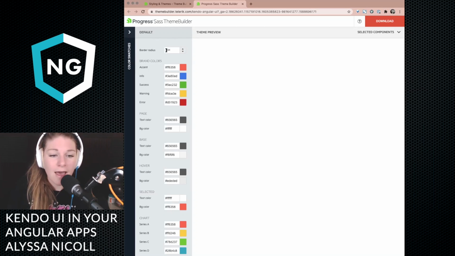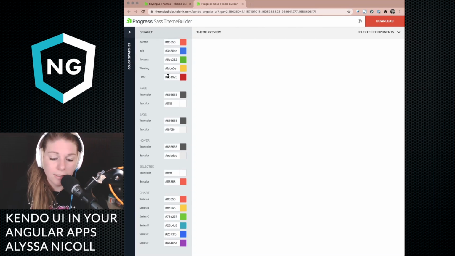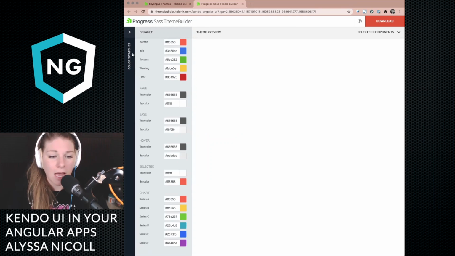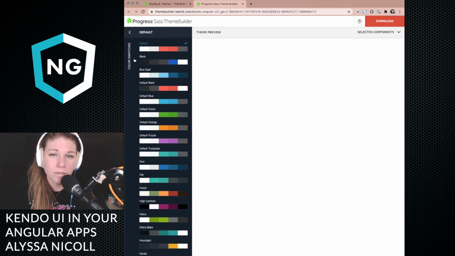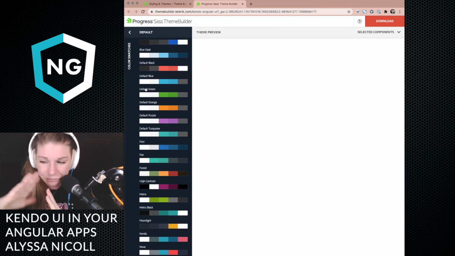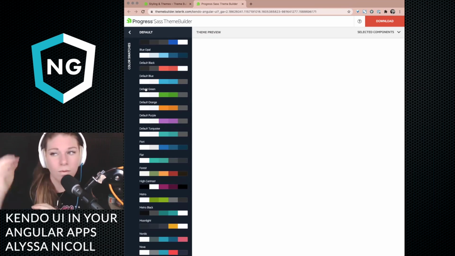So here you have literally all of the variables with color pickers that you can customize yourself or input like a hex. But we also have color swatches, which is really cool. Because obviously, contrast should be one of your most important things.